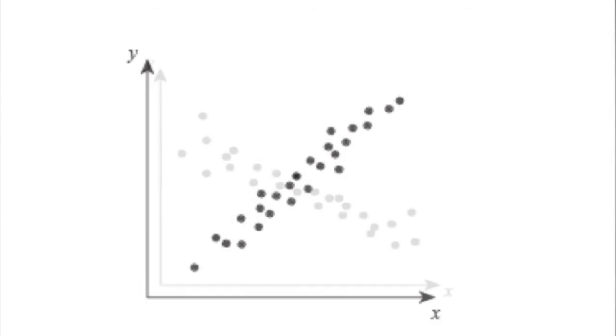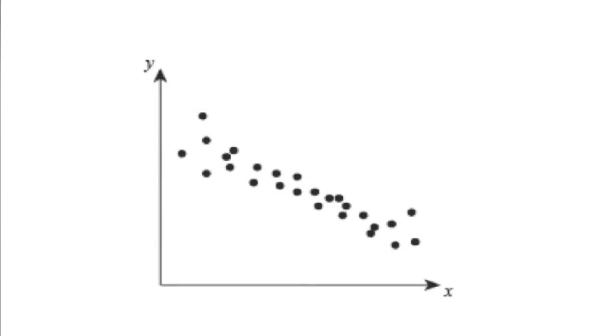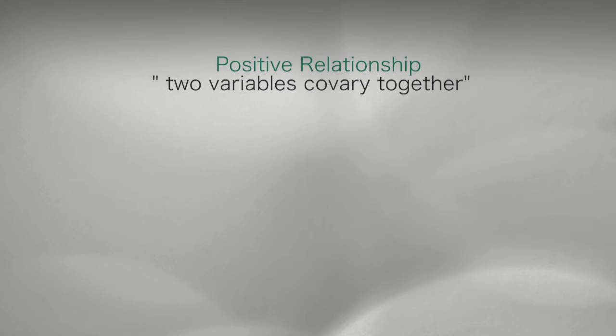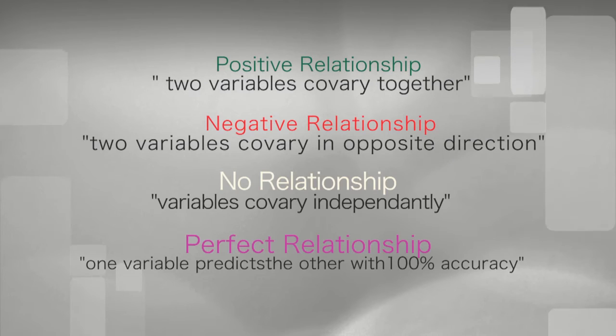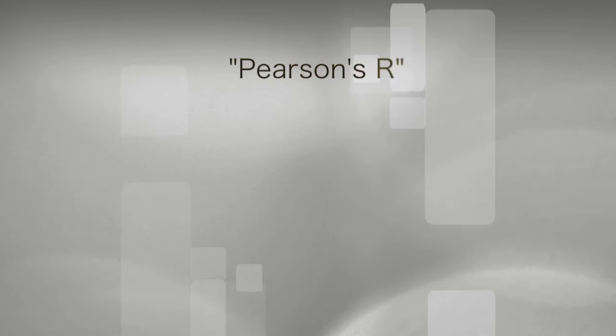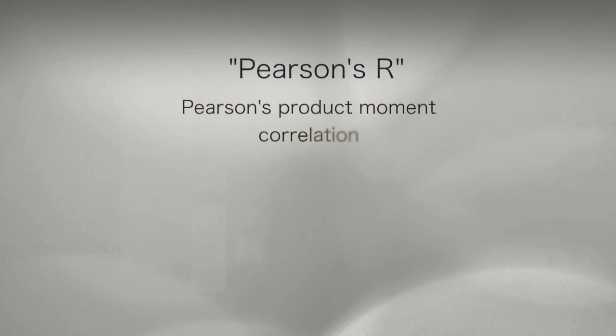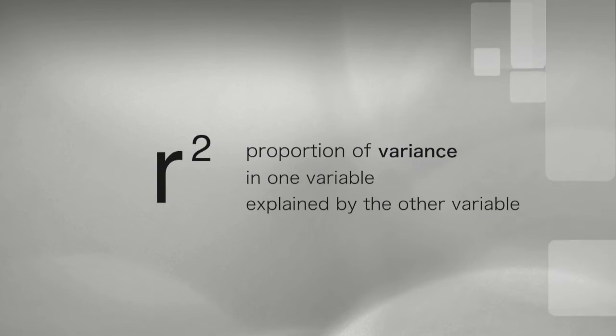So let's recap where we've been so far. We've talked about the idea that scatter plots are a good way to eyeball the relationship between two variables. We then looked at the different types of relationships that can exist between variables, such as a positive or a negative relationship. We then stepped away from scatter plots and looked at the Pearson's correlation statistic or correlation coefficient, which is a correlation statistic that gives us a mathematical relationship between two variables. We then looked at the R squared as a measure of the variance in one variable that explains the variance